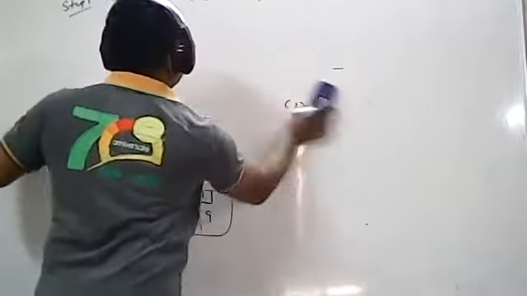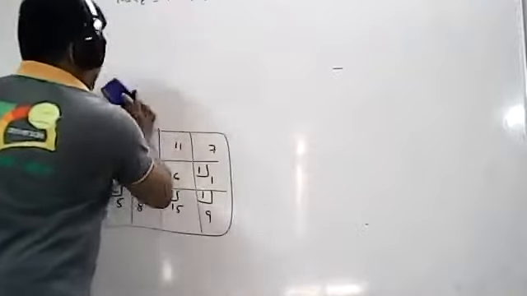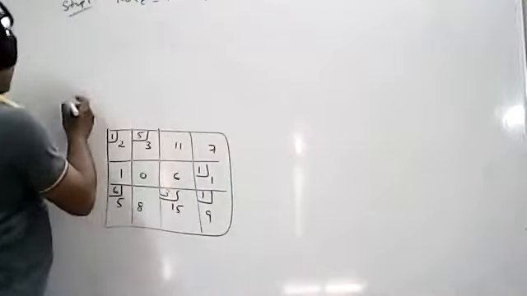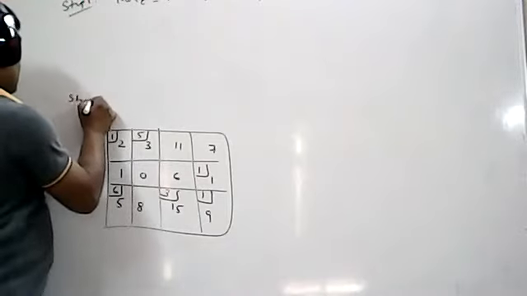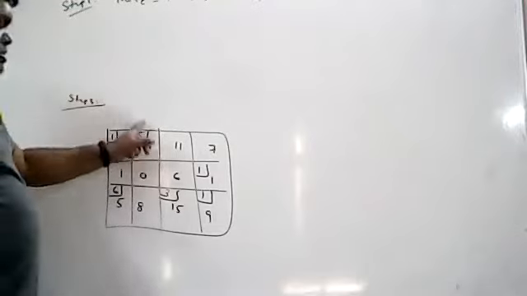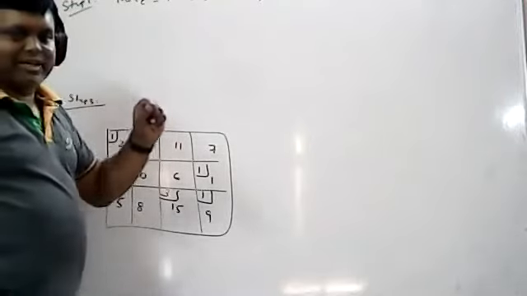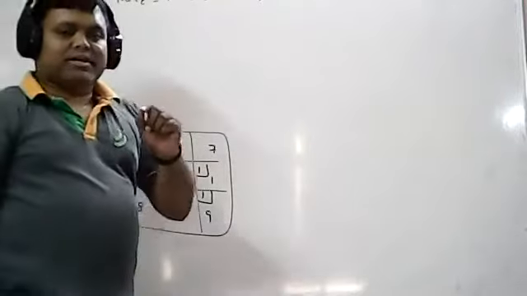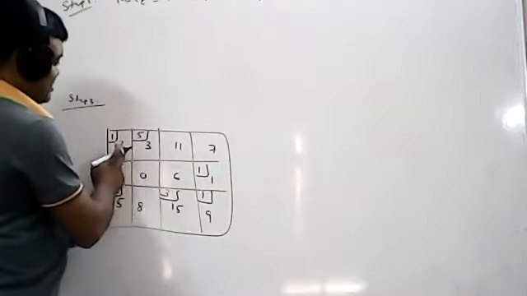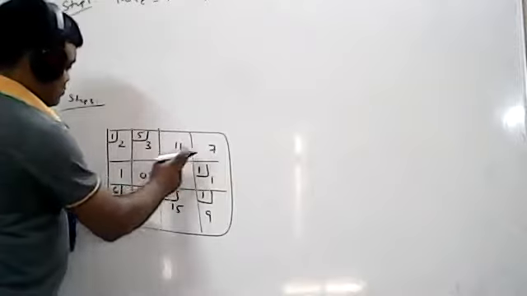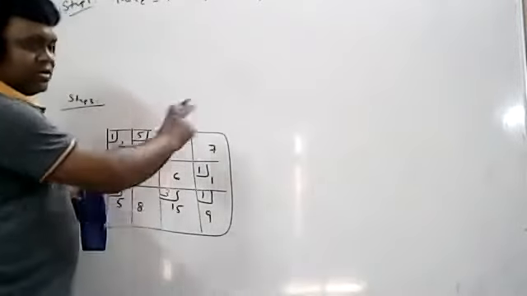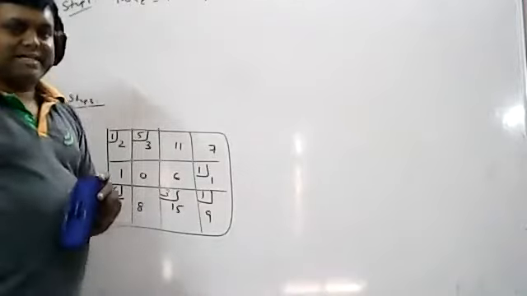It is not required. So step number 3, I have to consider each and every unoccupied cell. You have to form a loop, and there you have to identify the solution. So I will tell you. How many unoccupied cells are there? Unoccupied 1, 2, 3, 4, 5, 6. So 6 times you have to do this procedure.